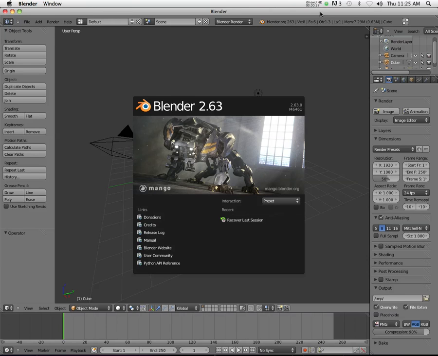2.63 is pretty stable. It was stable at the beginning of the year. I think we're going to continue with this one, unless I find that there's any major problems that a newer version will fix. Okay? And honestly, they don't change much from version to version, so it's really not that big of a deal anyway. Blender's going to start like this, and once you get in here, you can just click